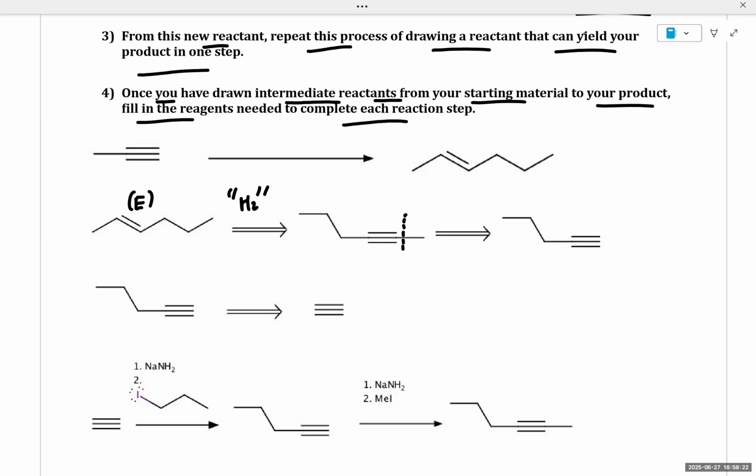Well, I can make this carbon-carbon bond via some sort of alkylation. And I can make this second carbon-carbon bond via some sort of alkylation. So now that I've traced things back and I've worked things back from my reactant all the way to the product,